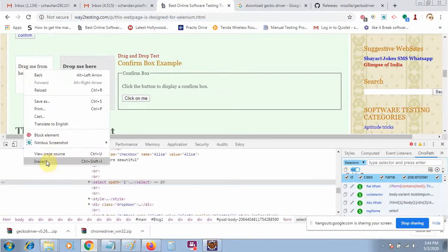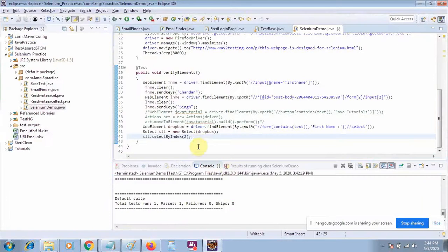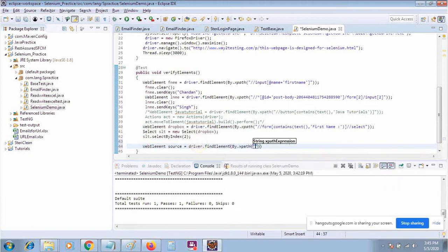Just inspect this one. Okay, just copy the path and say web element source is equal to driver dot find element by dot xpath. So this is your source location from where you will pick the element.